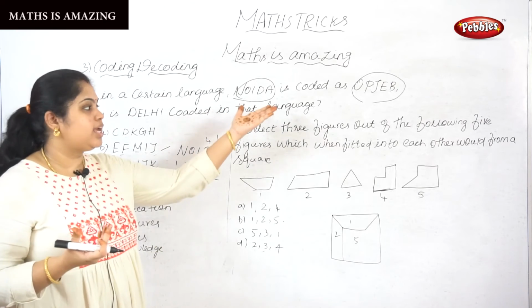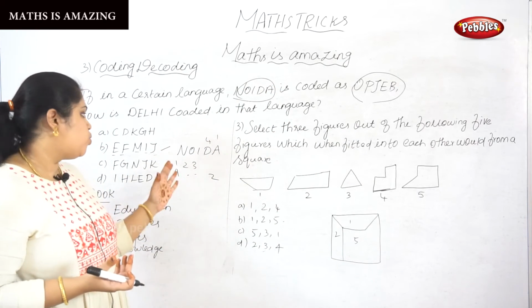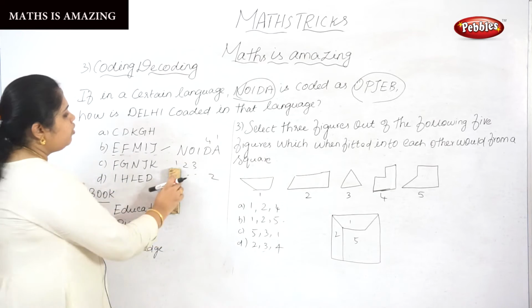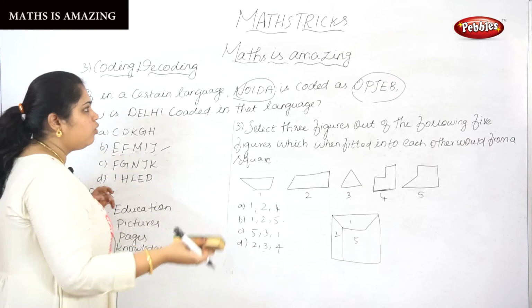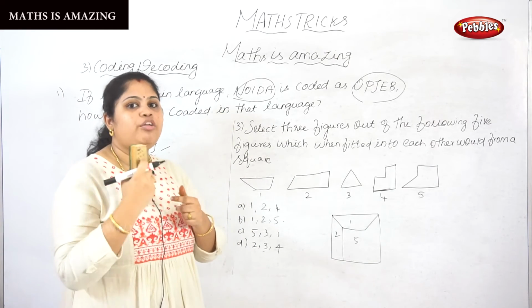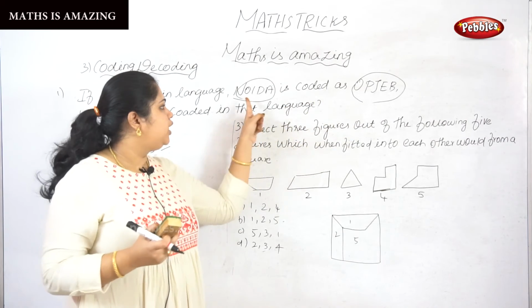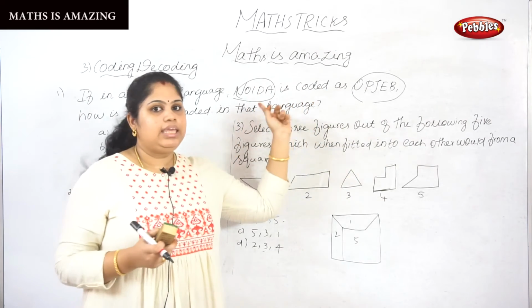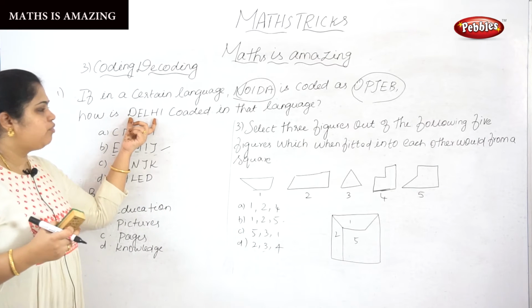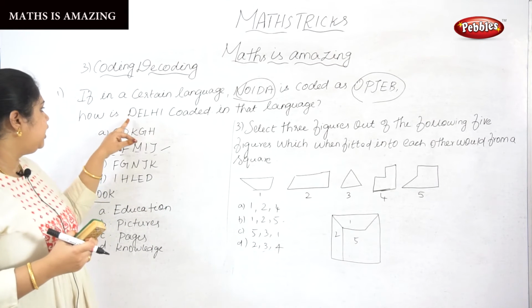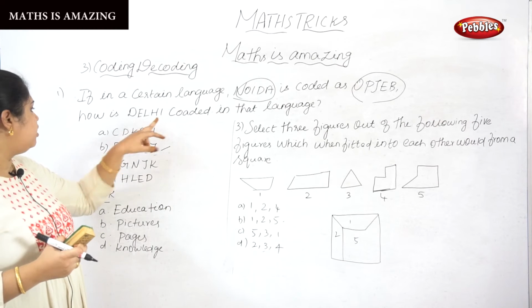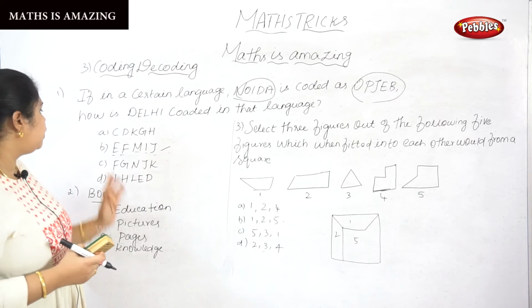They will ask for the coding as numbers also. Okay, if there are numbers, you want to put 1, 2, 3 for the whole alphabet from A to Z. So here the Noida can be coded. How is it coded? They coded it one letter forward: NO, OP, IJ, DE, AB. So they may have put it one letter forward. So how do we code Delhi? After DE, EF; after LM; after HI; after IJ. Okay, so we code it like this.